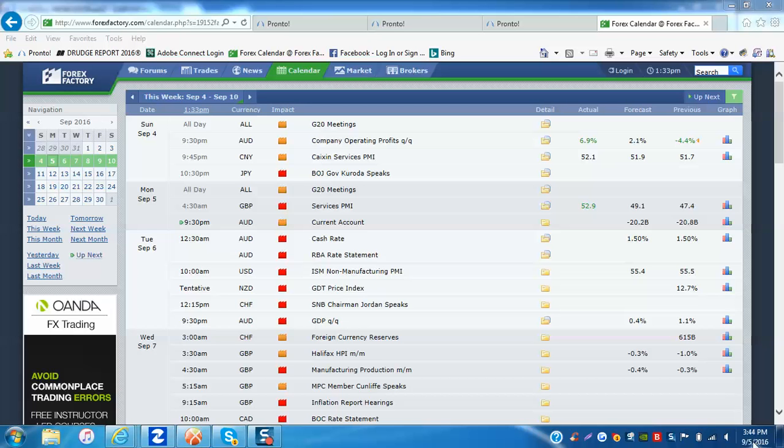But I just want to make a quick video regarding some news that's coming out in just under 9 hours' time. And that is right here, the Australian dollar cash rate and RBA's rate statement. Now they are expecting to hold rates unchanged. So assuming that they do, the key will be in the rate statement. Now if they decide to cut, then obviously that's going to be very bearish for the Aussie, but right now they're not expecting to make a change.